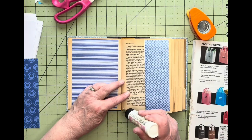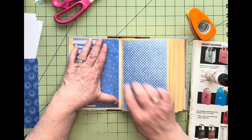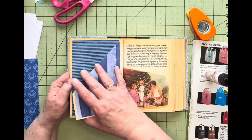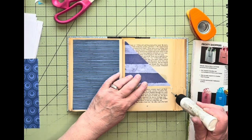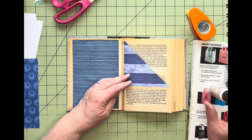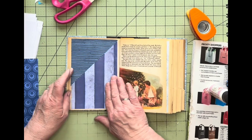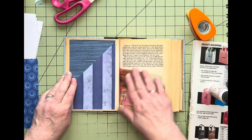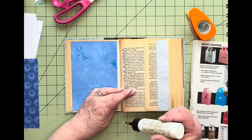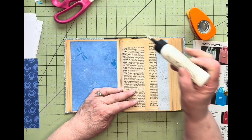So this is just going to go here and here. And then that's its own page. So this one is going to be a pocket here and here. All right, nothing there. All right, so this one is going to be 2 pockets there, and